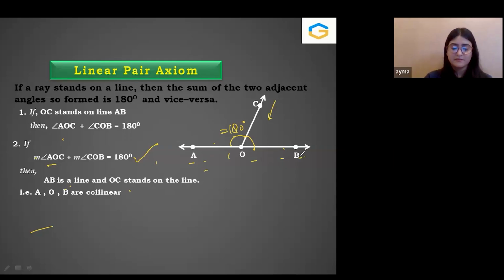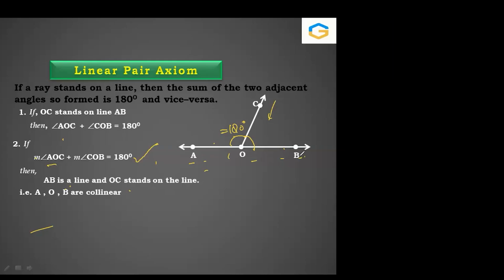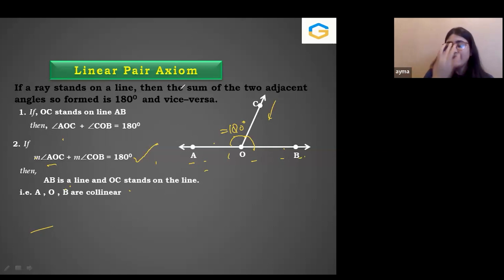Yes, quickly guys. Explain again, ma'am. Explain again. See, we have a linear pair axiom basically which states that if you have a ray which stands on a line then the sum of the angles would be equal to 180 degree. अगर आपके पास एक लाइन है और उस पे एक रे गिर रहा है तो जो एंगल्स बनेंगे उनका सम होगा 180 के बराबर। फिर कह रहा है लेट्स सपोज इस केस में आपके पास एक रे है जो एक लाइन AB पे गिर रही है, तब जाके आपके AOC और COB 180 के बराबर होंगे। लीनियर पेयर समझ आ गया।